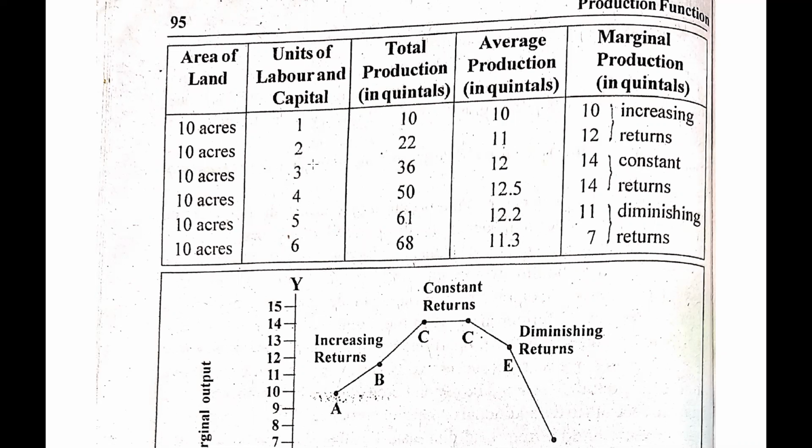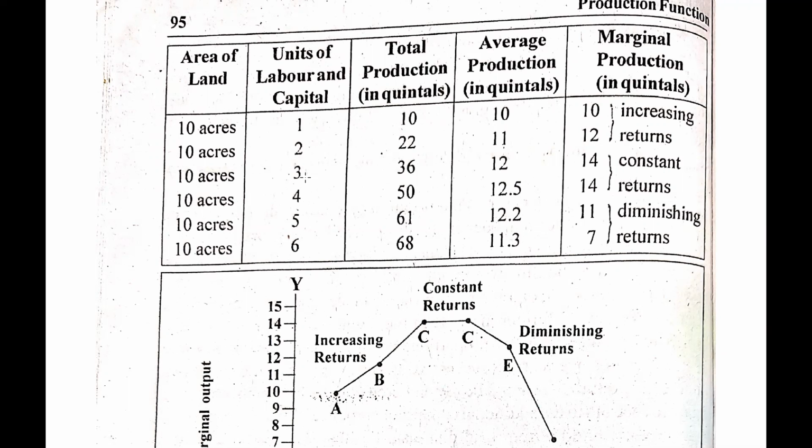After 2, when the farmer decides to increase the units of labor and capital from 2 to 3, there will be an increase in the total production from 22 to 36. And also there will be an increase in the average production from 11 to 12. So we can see here the increment is constant, and again there will be an increment in the marginal production from 12 to 14. So again there will be an increment in the marginal production of 2. Now guys, when the farmer